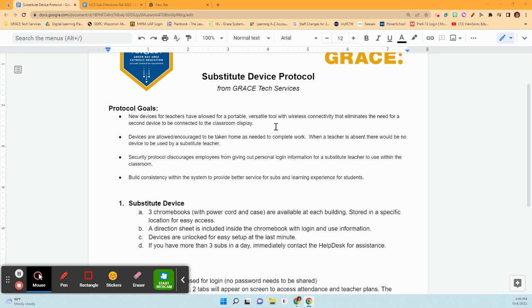and allows them to also be portable, which means that they can be taken home with you. They are encouraged to be taken home as you need to complete work if you want after school hours. This has caused some concern in what do we do when a sub is needed if we are absent. And so this protocol is to cover those incidences that can happen and to ensure that the teachers feel comfortable